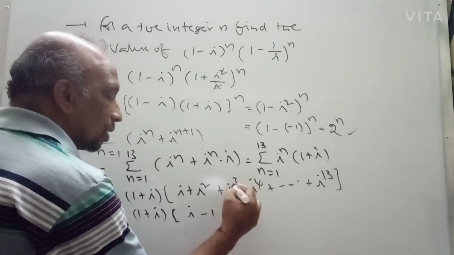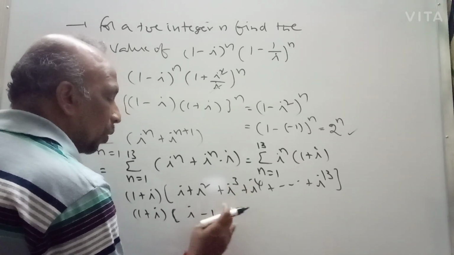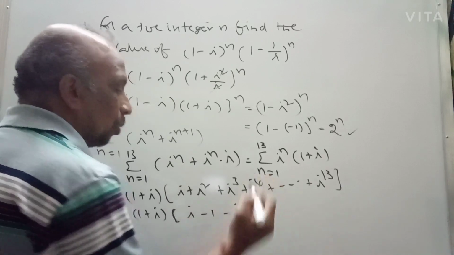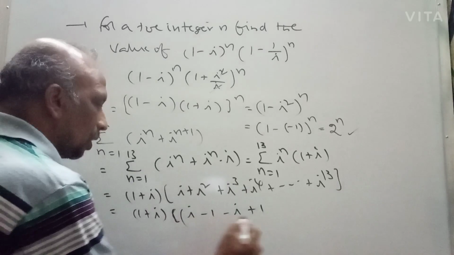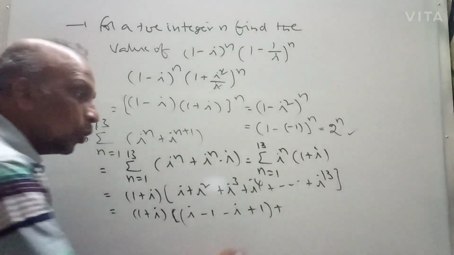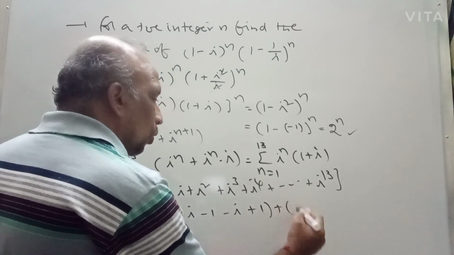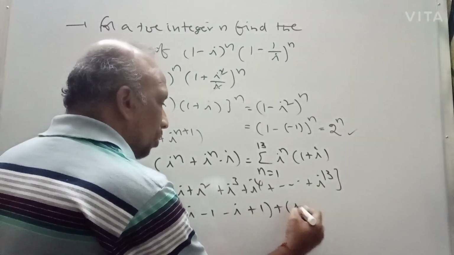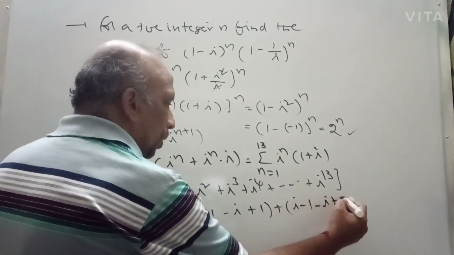i cubed is i squared into i, i squared into i, you can substitute minus i, it will come. i power 4 plus 1. The first 4 you can see here. I can extend next i power 5. So you will get i power 5 again. i power 5 is i power 4 into i. The same thing will repeat. Like this you will repeat.